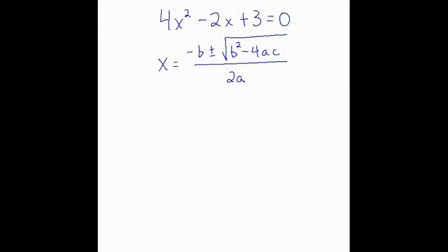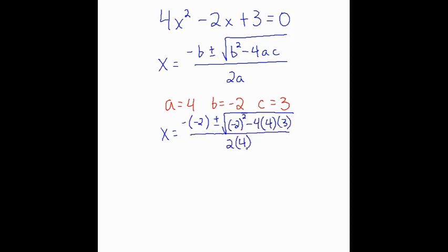Hello there. Let's go ahead and solve this quadratic equation by using the quadratic formula. So first we need to identify a, which is 4, b, which is -2, and c, which is 3, and then we're going to go ahead and plug these into the quadratic formula. So that's -2 plus